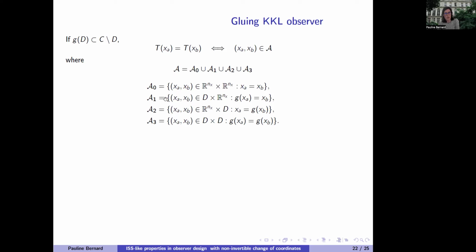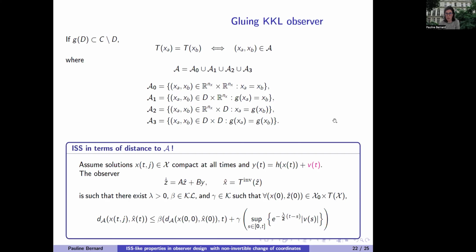And so if you look at this set, then you can prove convergence of your observer. But instead of proving that X goes to X hat, you're going to prove that the distance to this set